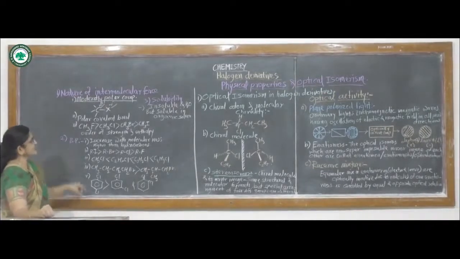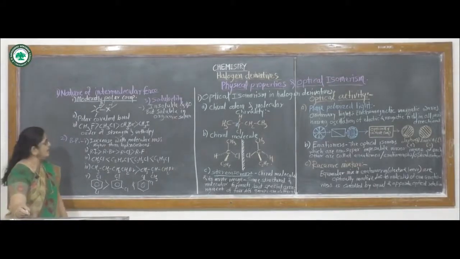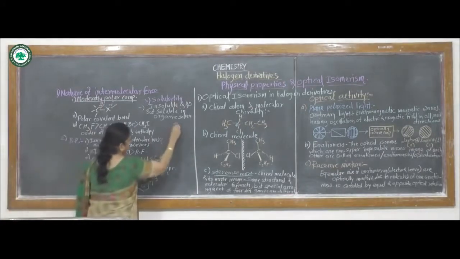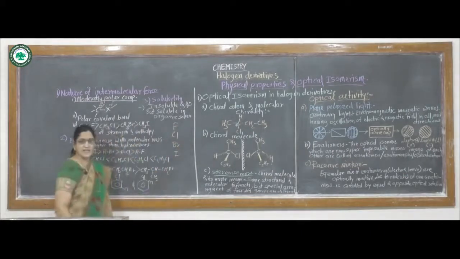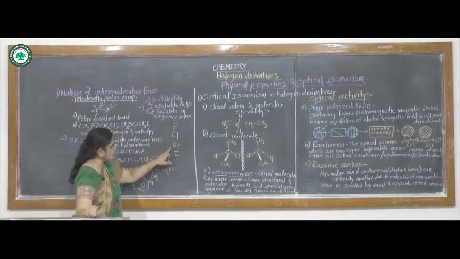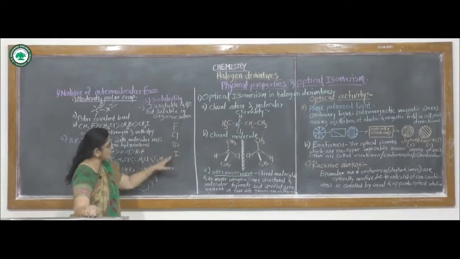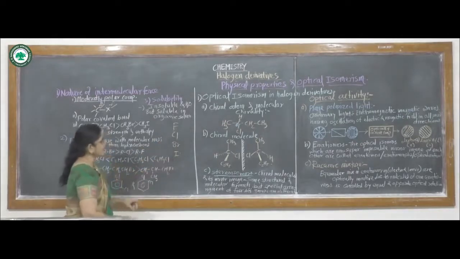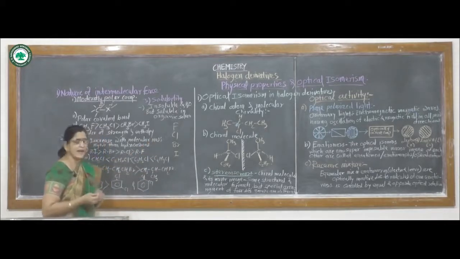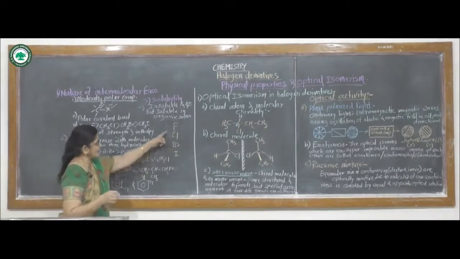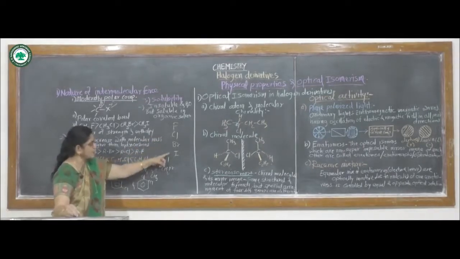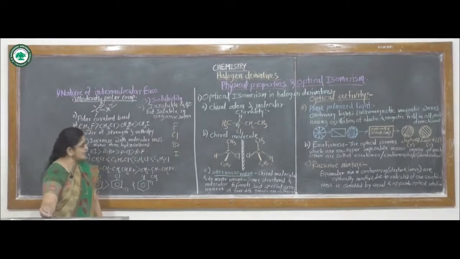Due to this, the size of the halogen increases from top to bottom, that is from fluorine, chlorine, bromine and iodine. As the size of fluorine, chlorine, bromine and iodine goes on increasing, the carbon-halogen bond length also goes on increasing. We know that bond length increases from fluorine, chlorine, bromine to iodine due to their increasing